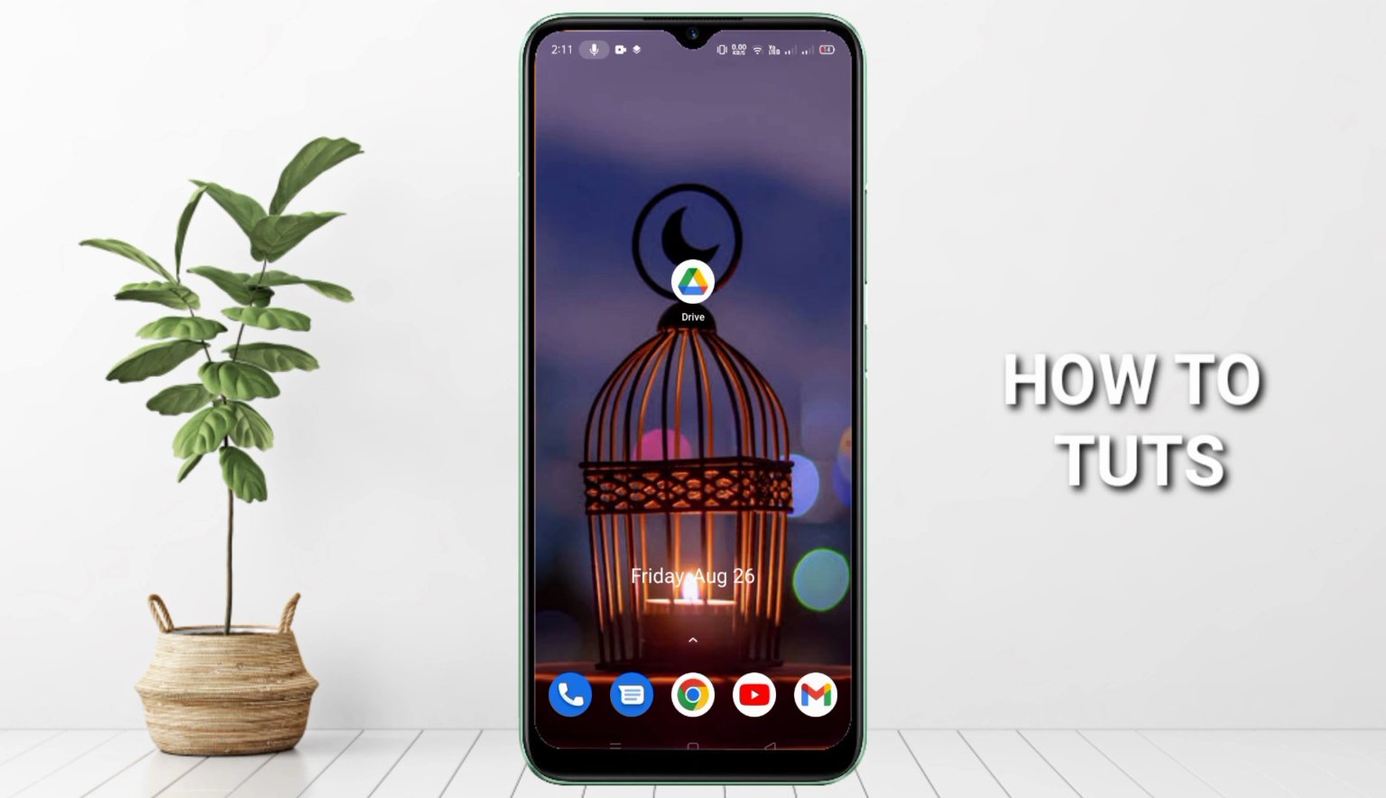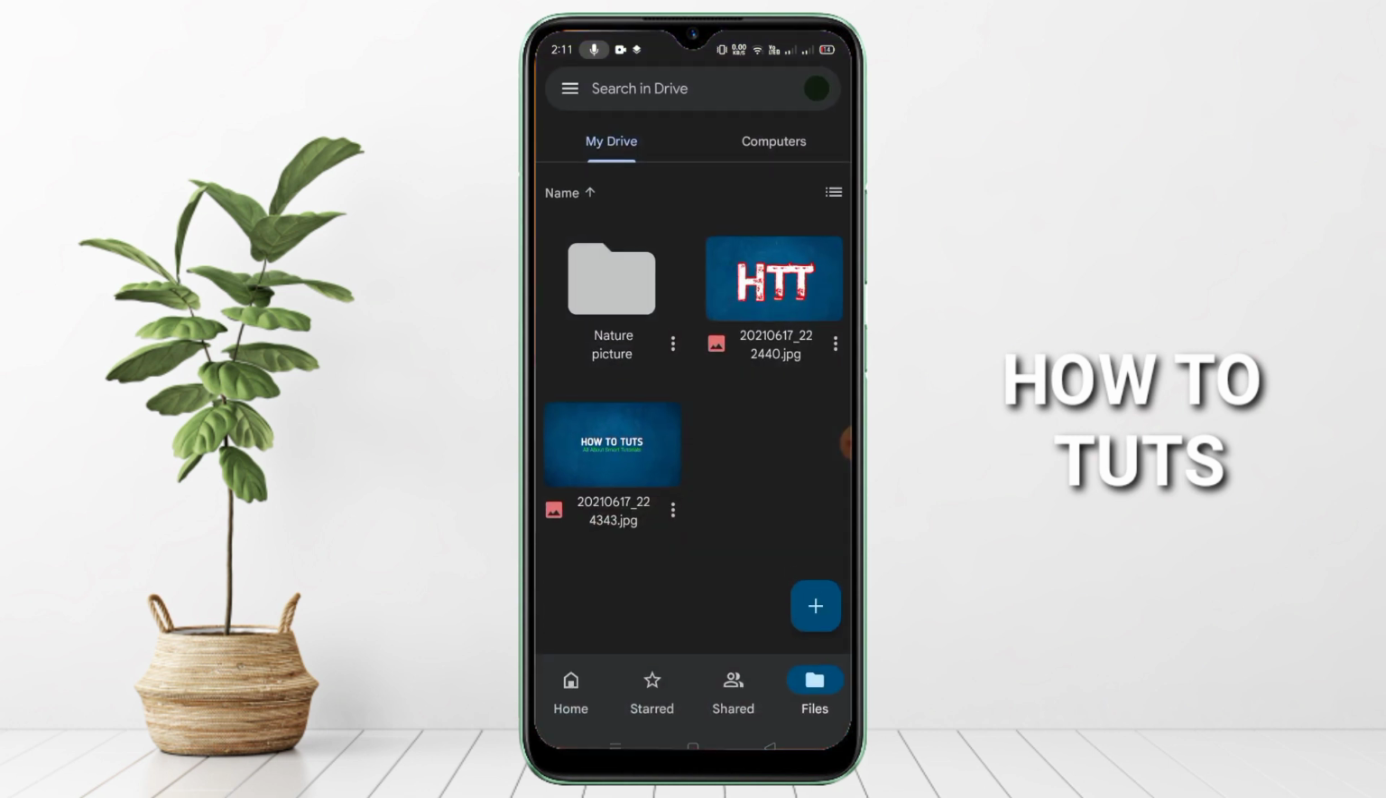Here you can see the Google Drive app. Click on this, and after that I created this folder, nature picture. So I wanna make this folder colorful. So what should you do now? Just click here, three dots,